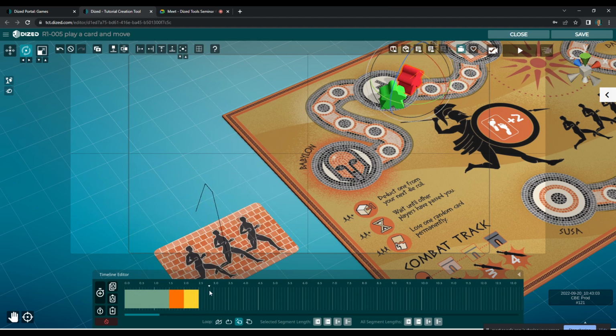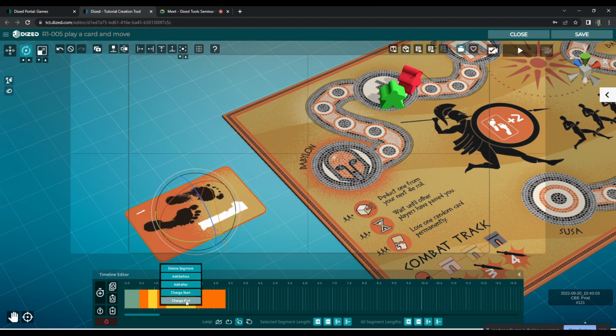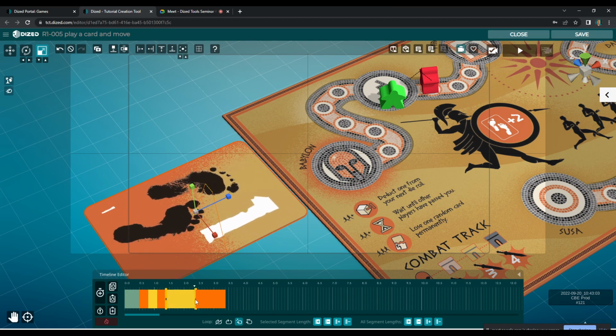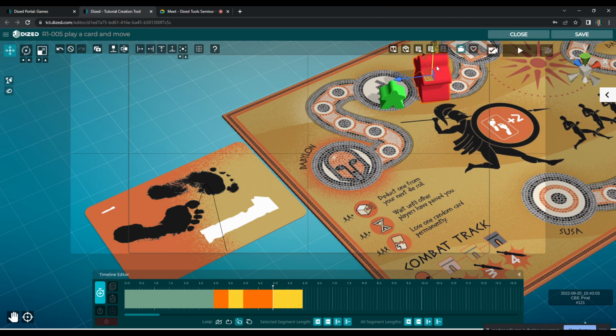So it moves. Actually, I want to do a little pulse on the card as well to show that it's number 1. Same thing as before. Let's pulse it quick and do the same pulse for the meeple. Let's put the pulse to end here, and then the meeple should start moving at 3, and when the meeple arrives, that will also do a little, hey, I'm here, look at me, I'm a big meeple. There we go. Give it a pulse as well,